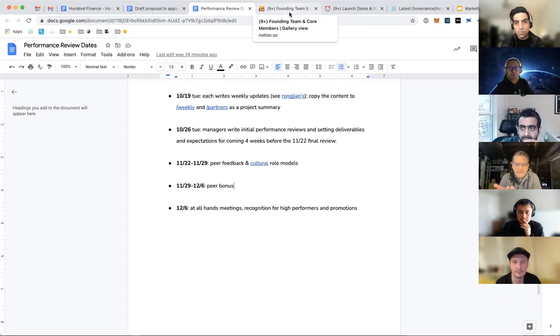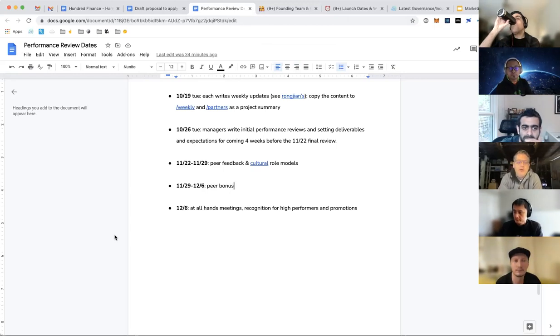For example, I think Rosa hasn't used it or seen it before, so it's good to have some visibility into it before you go in. But it's really exciting and it's a great tool. Yep. We'll provide instructions, and maybe we can do a walkthrough in one of the all hands, Sam, just so we can explain how it all works. And then on the 6th of December at our all hands meeting, we'll do the recognitions and promotions and all the good stuff.